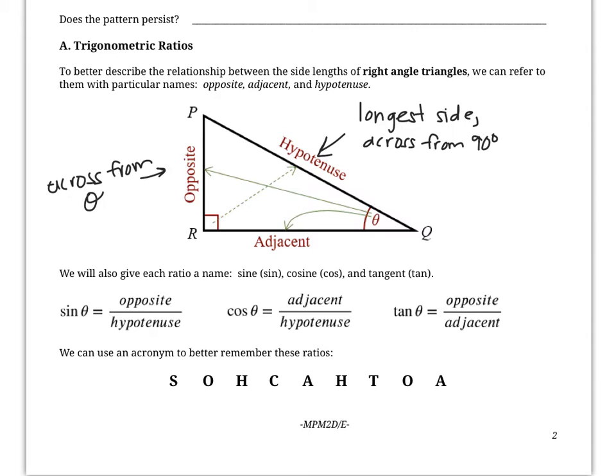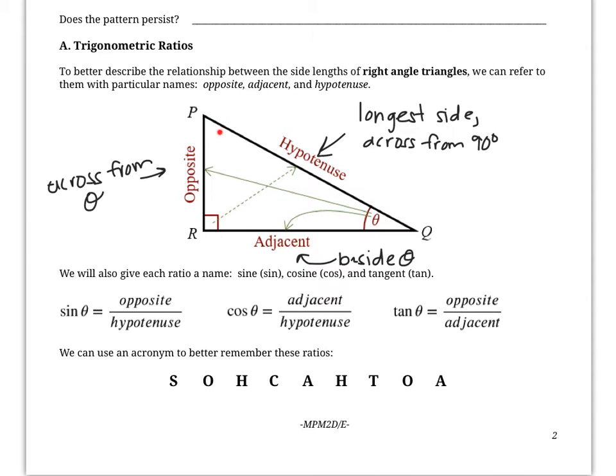Which leaves us with our remaining side, which is adjacent, which means beside. It's beside the angle, but it's not the hypotenuse, because the hypotenuse is this long guy here. It's the other one that's beside the angle. Now I mentioned that these two sides will change depending on the angle we're talking about, because if this was